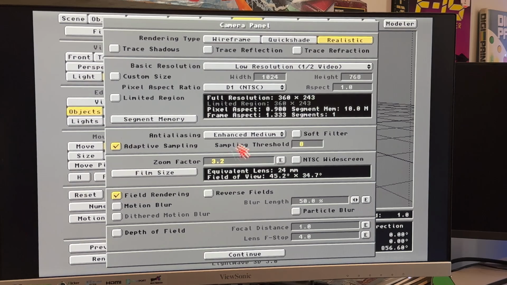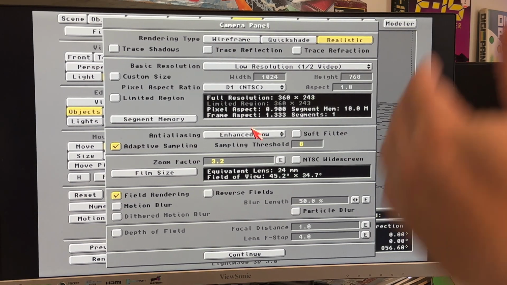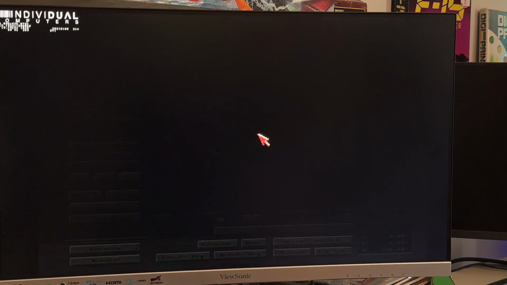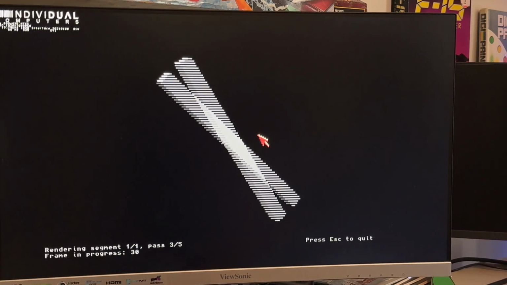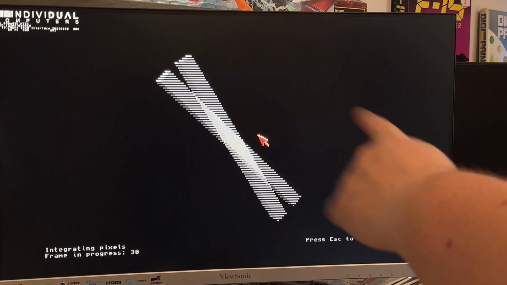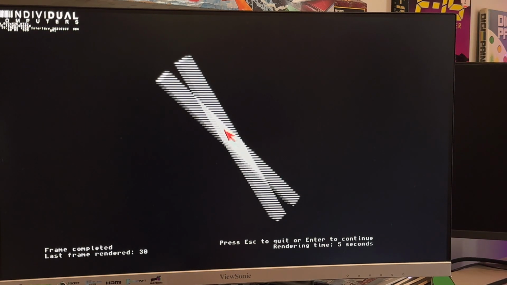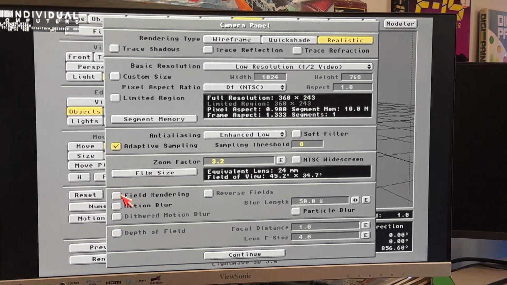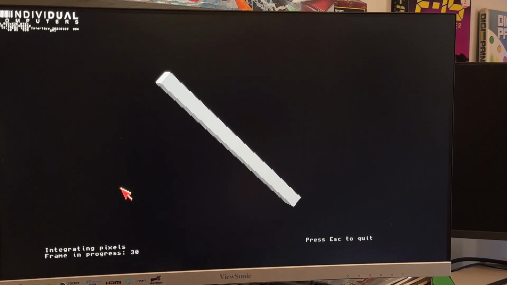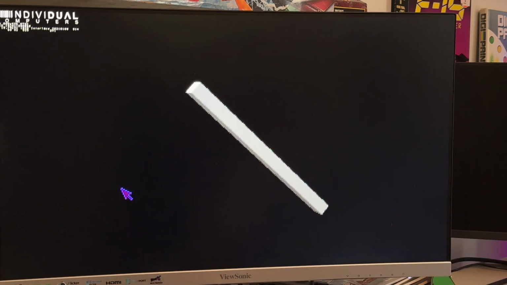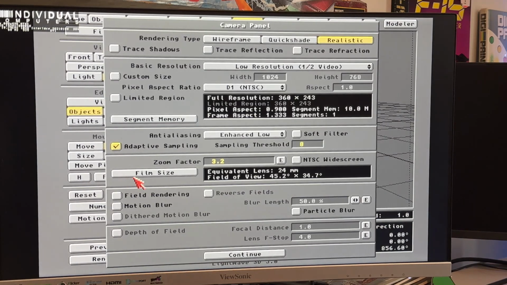The nice thing with the field rendering is you don't have to render as high, so you're saving some time there. You're losing horizontal resolution, but then you can lower the anti-aliasing because you don't need as much. And there you go. You can actually see the actual field rendering happening. And so you end up with this. Even though there's no motion blur turned on, let's go back here and turn off field rendering just so you can compare. So just to confirm, there's no motion blur turned on. See, no motion blur, okay? But when you turn field rendering on,